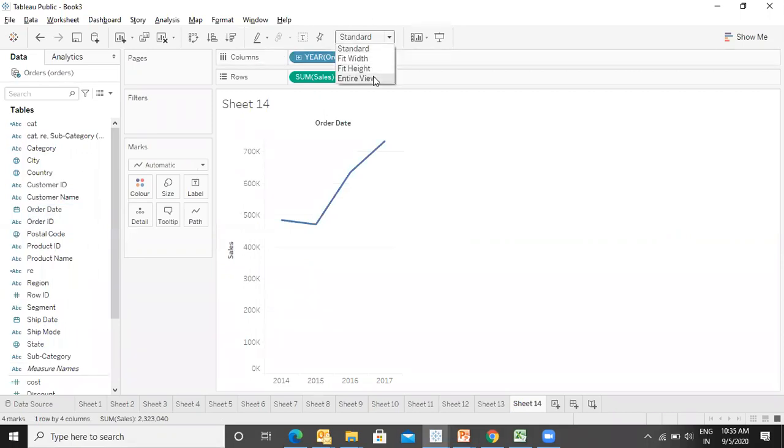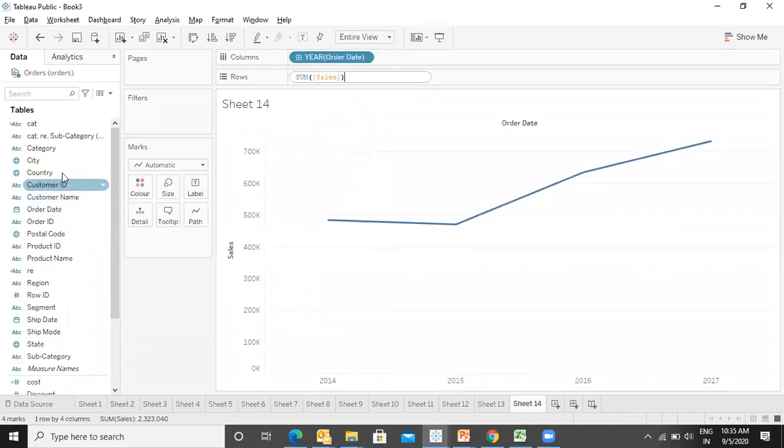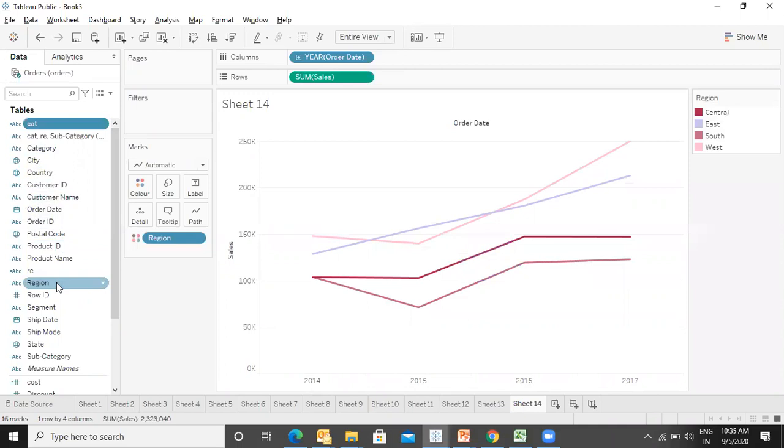Let's make it entire view. Let's also take the region in the color. Now if you see over here, can we see the ups and downs in the region? Yes. Right. But I want to display it in an